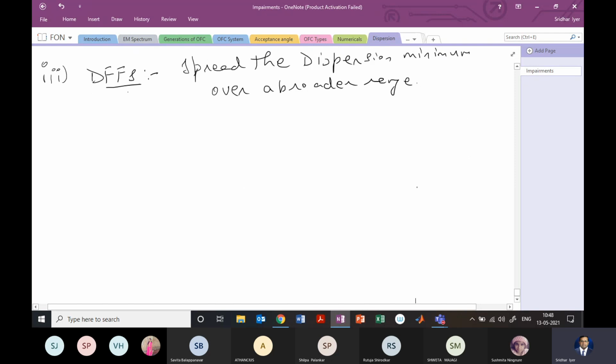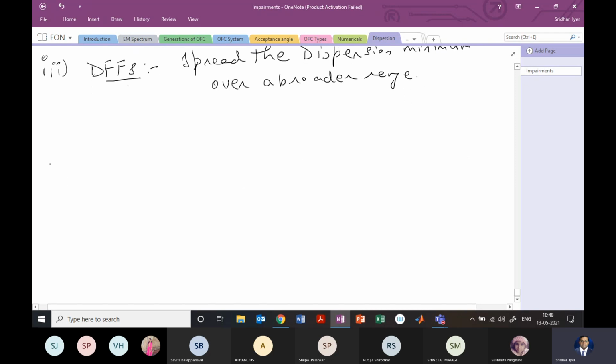So I'll just draw the profiles of this DFF, the index profiles, and you'll see that it's really a complex business to make these kinds of fibers, right? To have these kinds of refractive index profiles is not easy. We are just doing the diagram here, but for a manufacturer it becomes a big problem, right? So these are not that popular, but yeah, they do kind of work. Okay. So you have two radii, A1 and A2, and then you have two deltas. So delta 1 is about 0.75%, and then you have delta 2, which is about 0.45%.